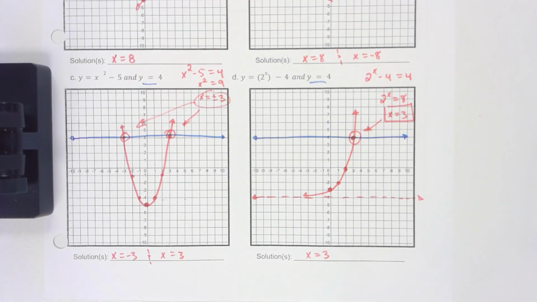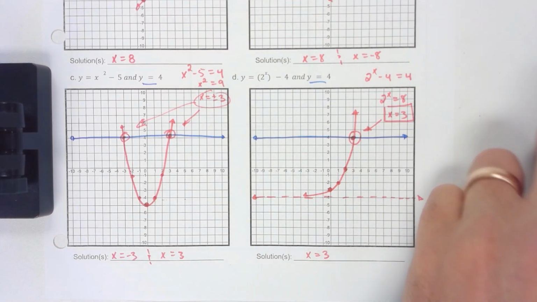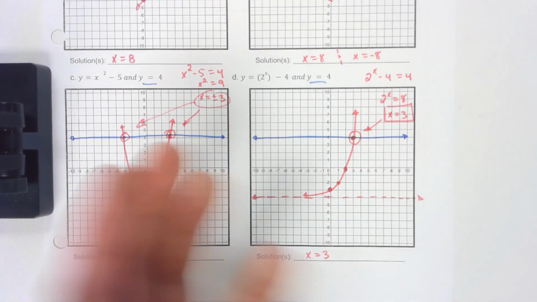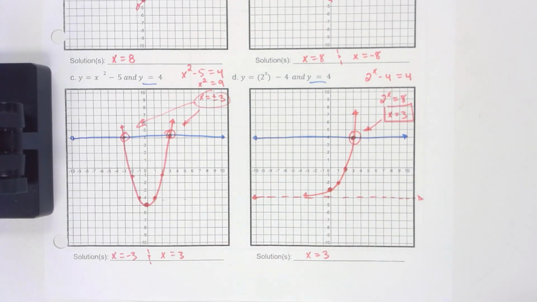So again, the whole point of this conversation is just to make the connections between graphs and equations, and every time you're solving an equation, there's a graph represented by that. We're going to have a whole unit of this in second semester where we also include the y-coordinate, but I just want to throw out that when we're solving, graphs can be a way to help us find solutions and can help us decide how many solutions we should get, depending on how many times they intersect. Okay, that is it for this section of the